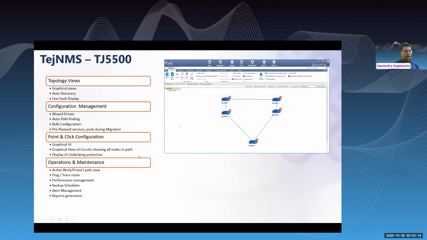Everything is point and click, as I said. And a full suite of operations and maintenance tools are available to troubleshoot the network, to do performance management, backups, report generation, etc. So this is what I had for the applications and the solutions that we do.